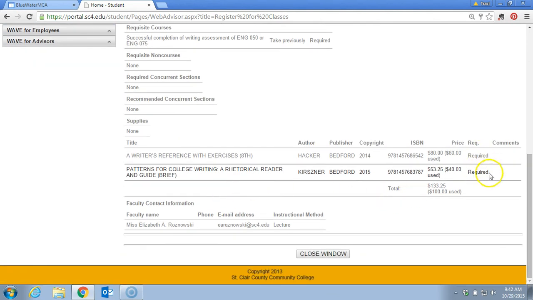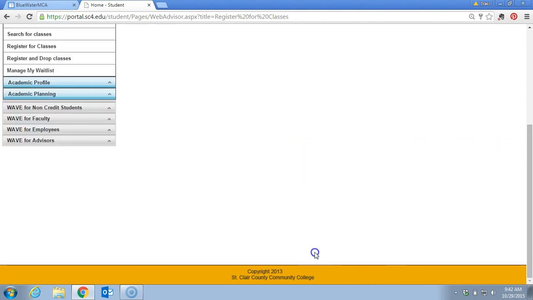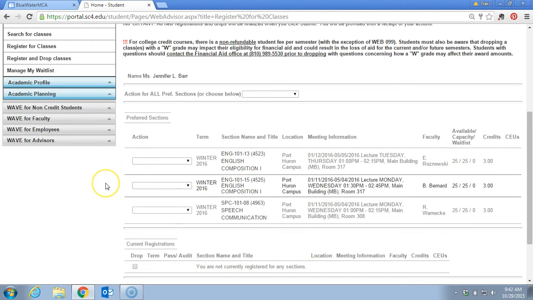Anytime it says required, those are books that we will provide and have here, and you'll pick them up. And then at the very bottom is who the instructor is, their email address. This is a big handy thing to know, because there are some times where maybe you need to ask for a prerequisite to be waived, or you just kind of want to reach out to this instructor even before class starts. That's an option. But this is where kind of all of the information is in one place. So we can close out of there, and I think